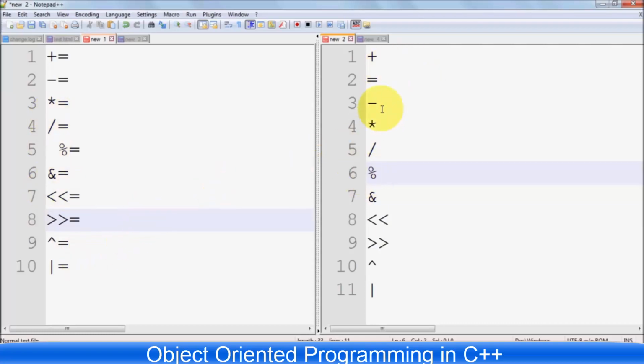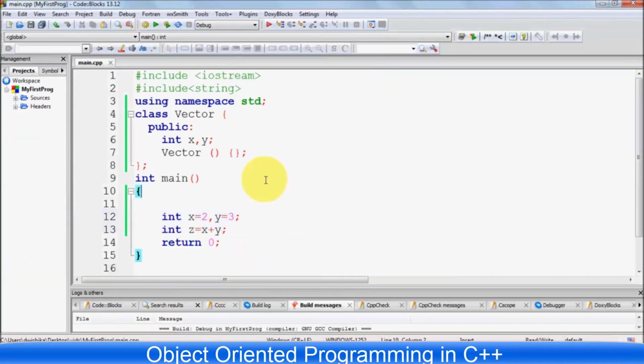And by these operators, for example, we can use this plus operator to add two integer values or two double values or two float values, right? So we can use it like this. We have two integers, for example x and y. We can use this plus operator to add these x and y and store it into this z